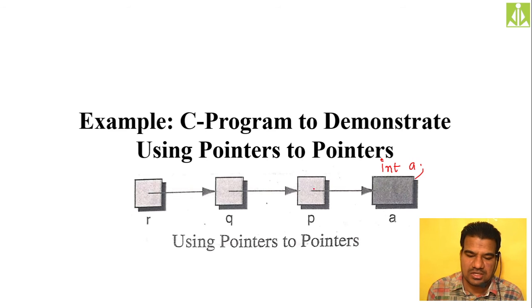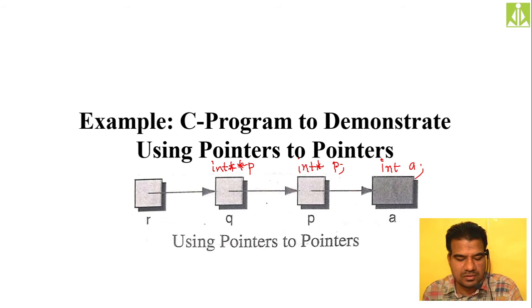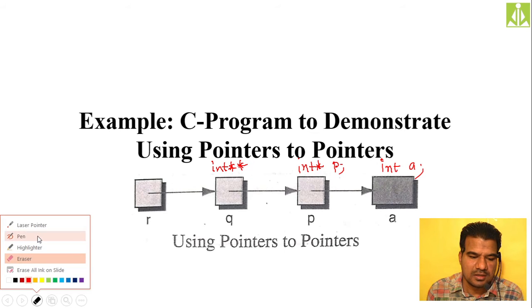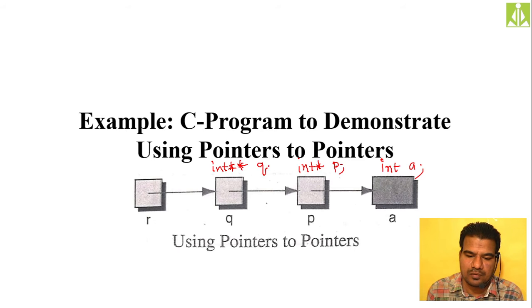Like this we do the declaration. Declaring P, it is a first level pointer, so int star P. Declaring Q, it is a second level pointer, so int star star P. Sorry, control Z, not P here, we need to do Q. It's my mistake. Okay, int star star, make it Q. Declaring R, int third level, 1, 2, 3 stars, R. Like this I declare all the variables, and I will store the address of A into this P.